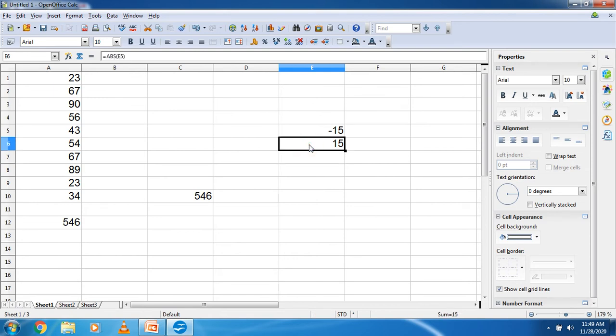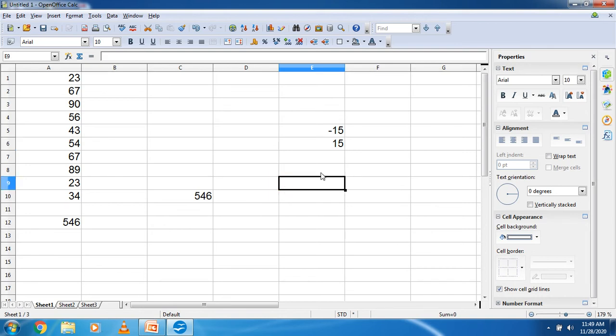Now your next function is the exponential function. The exponential function returns the value of e raised to x for the given number x, where e is approximately equal to 2.71. The syntax is EXP(number). So here I will explain the value also.